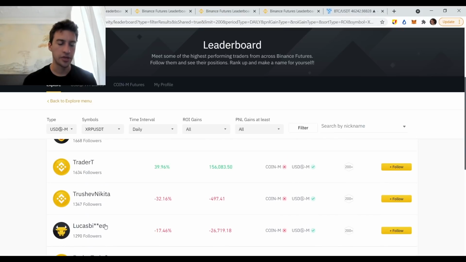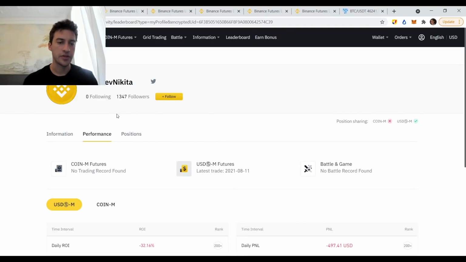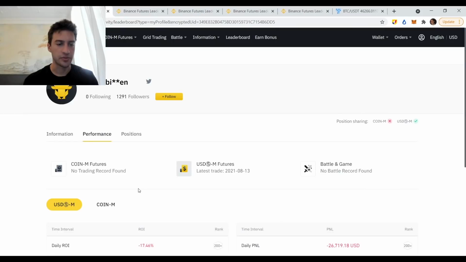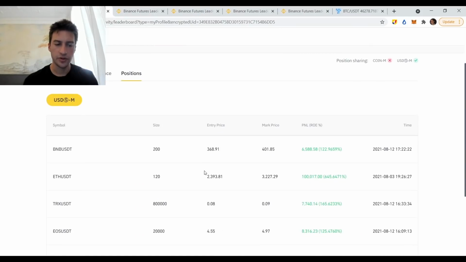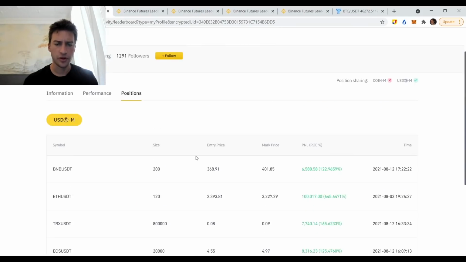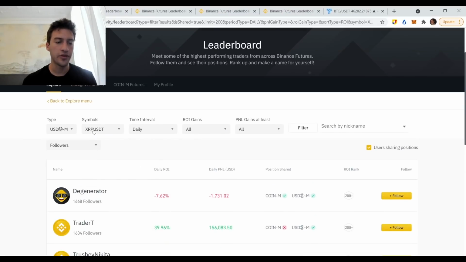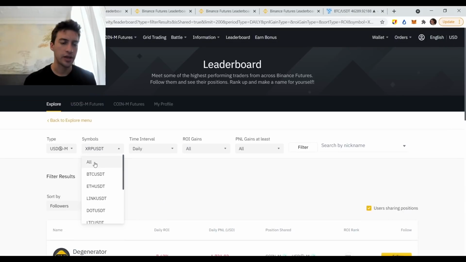And I particularly like to look at the people who are down money, because that means that they're probably trapped. So this person, this really isn't much to write home about. Does this person do anything? This person has a fair amount of profitable positions. And then finally, the one thing that I really want to show you guys is let's go look at the